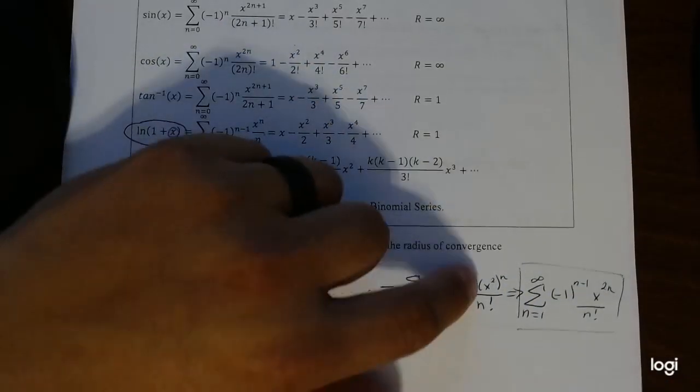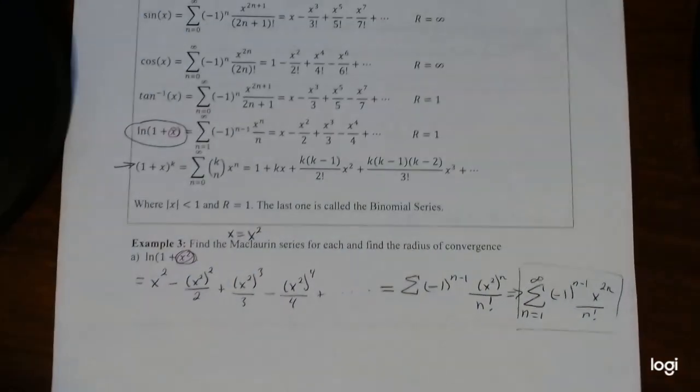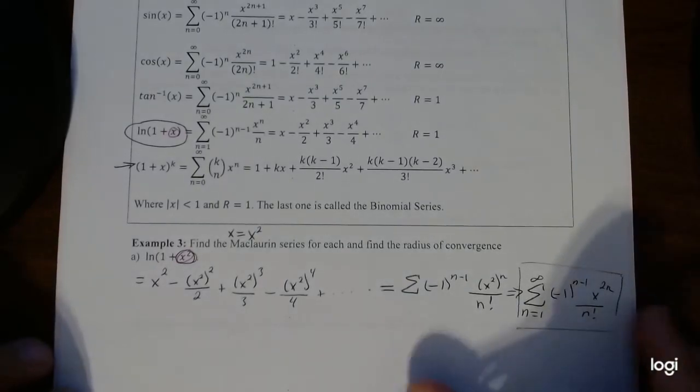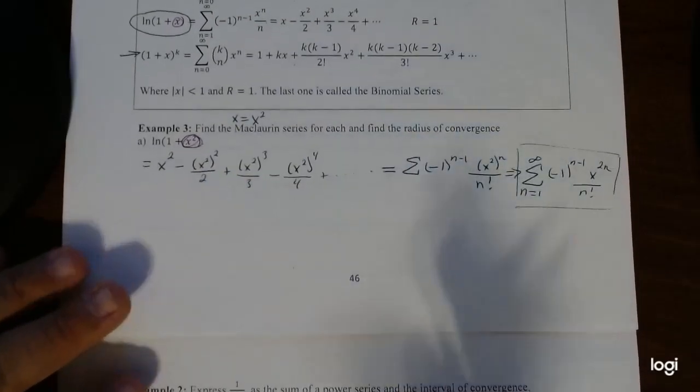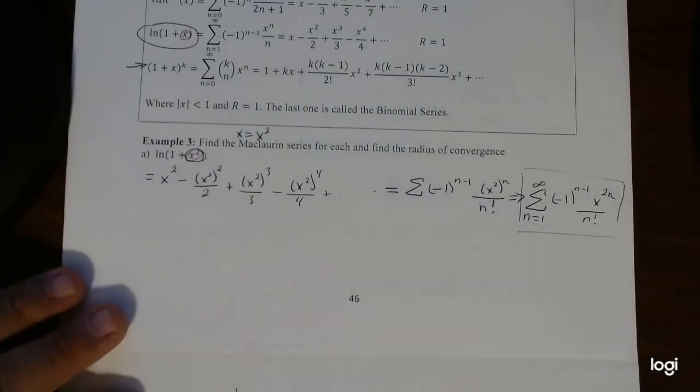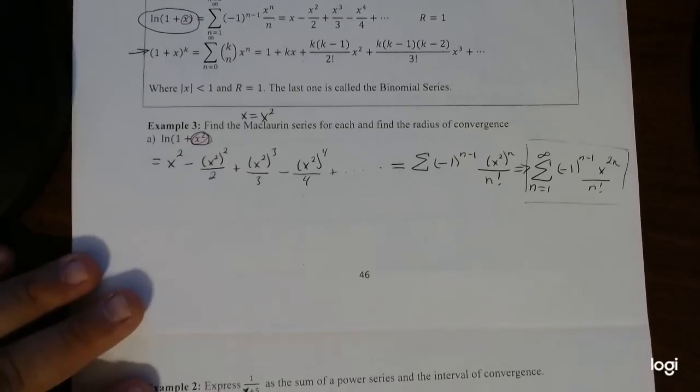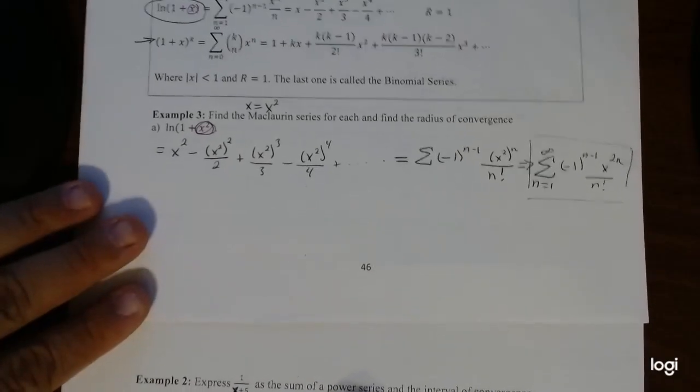All I did was multiply n times 2, which is just 2n. And that's it. That's how we find the Maclaurin series using known ones. We manipulate it, or in this case, we just plug in x squared instead of x and see what we get. And then the last part, we want to find